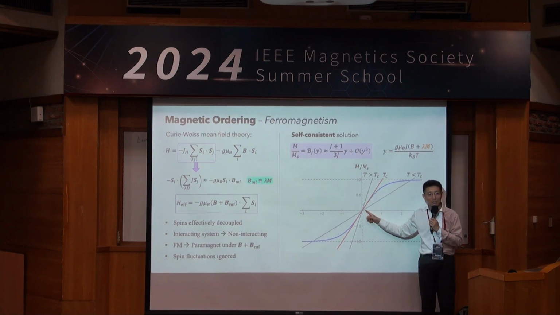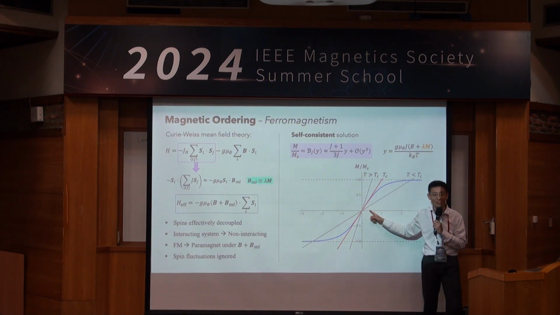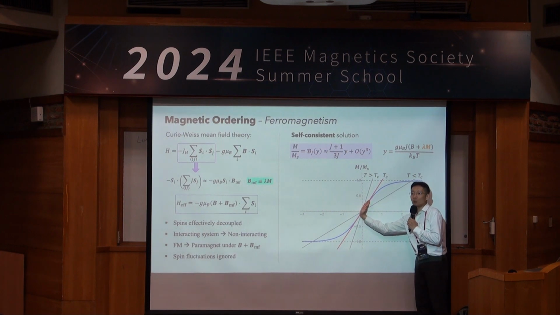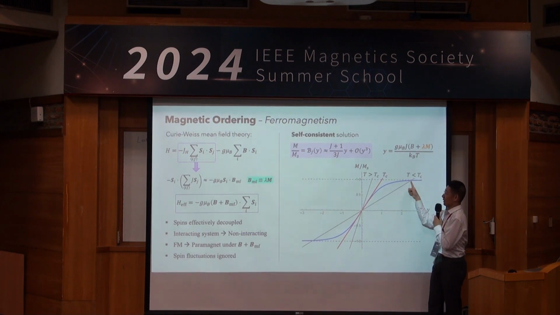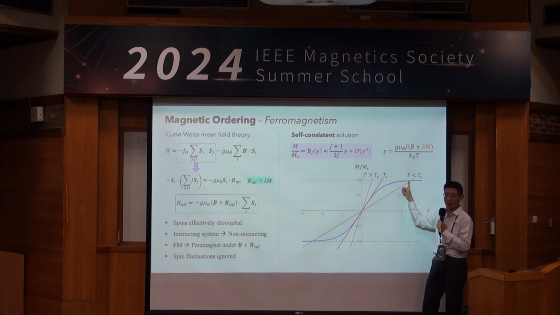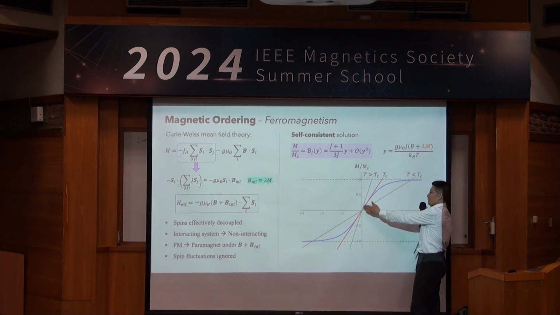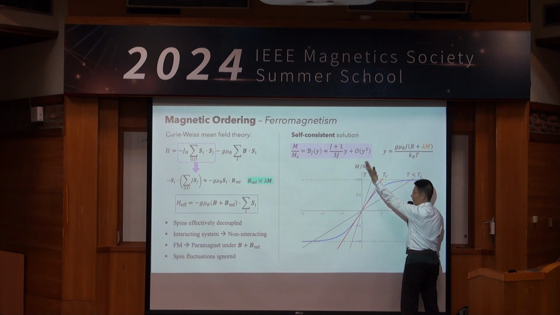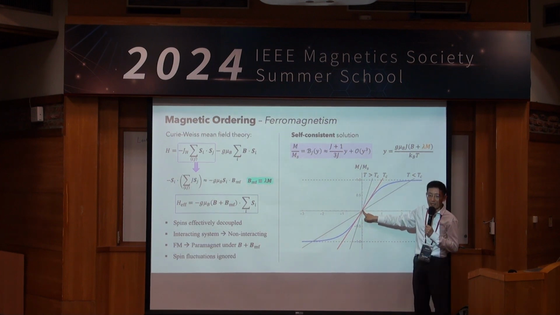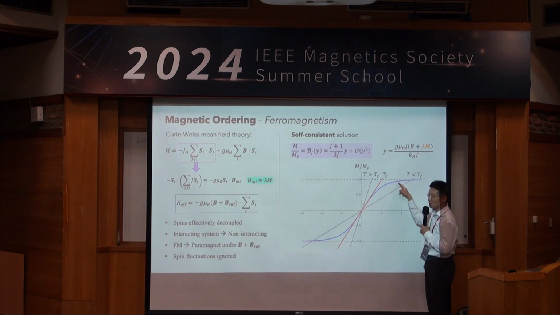This point marks the transition. It is a critical point below which the two curves intersect. It affords two opposite, finite solutions. So the self-consistent solution of the mean field model predicts that there is a finite transition temperature Tc, below which the system is able to develop a spontaneous magnetization,